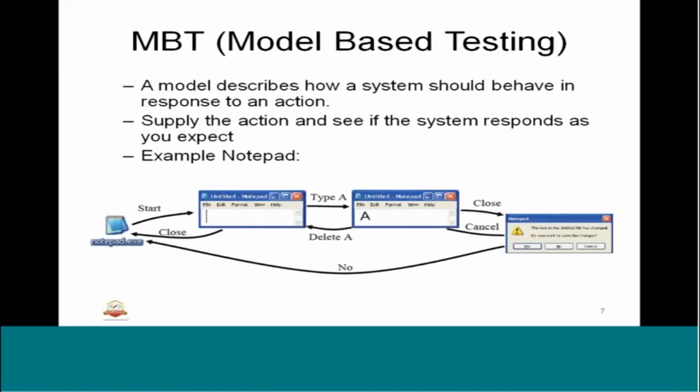Okay, we will take an example. This is again a reference from one of the good examples from the web. A model describes how a system should behave. We can understand with an example below. So we need to supply the action and see if the system responds as what you expect. That means we have states defined as blocks. You can see there are the 4 blocks below, right? So we take this as an example